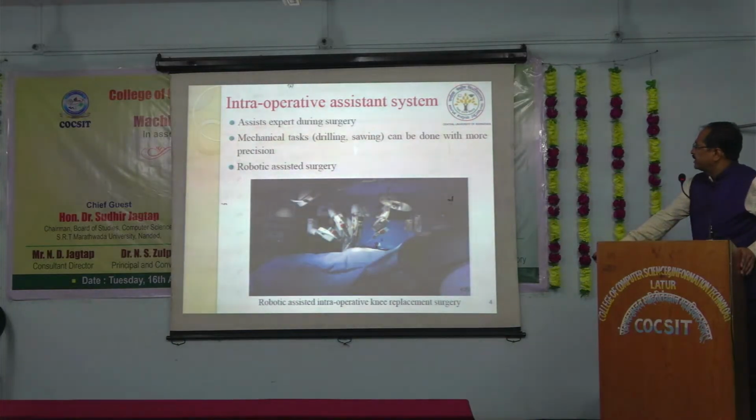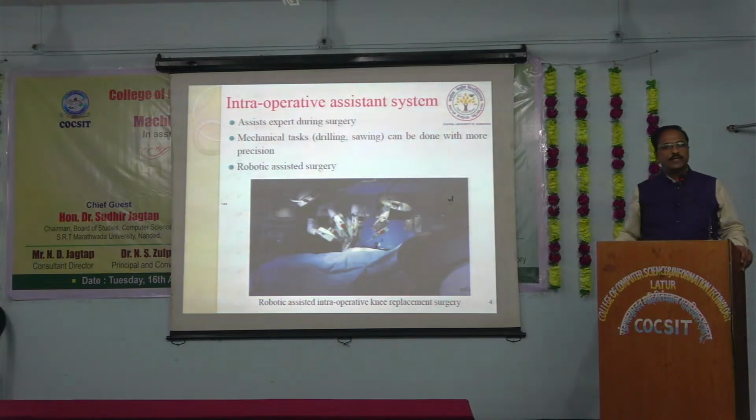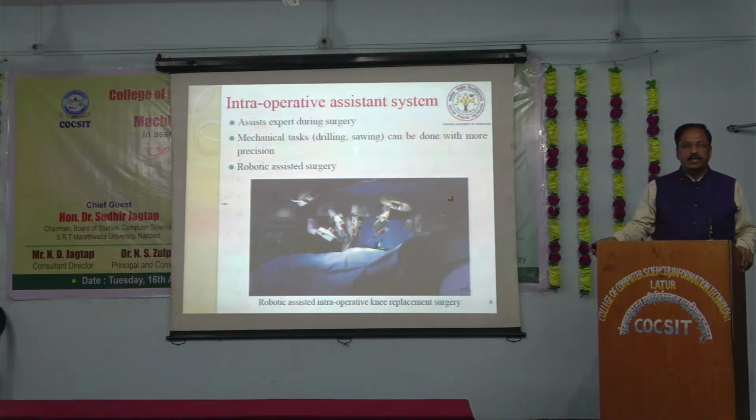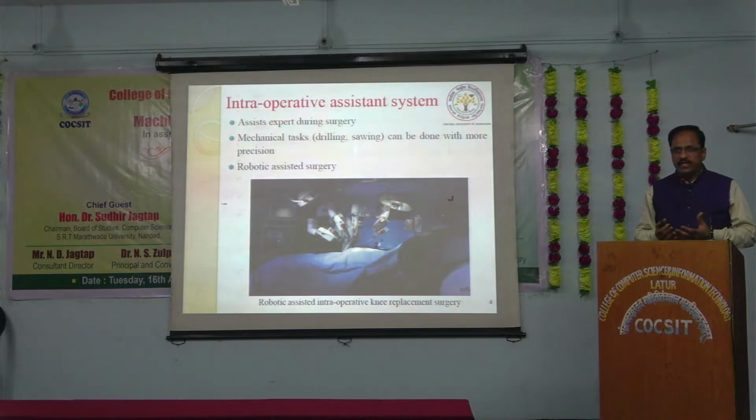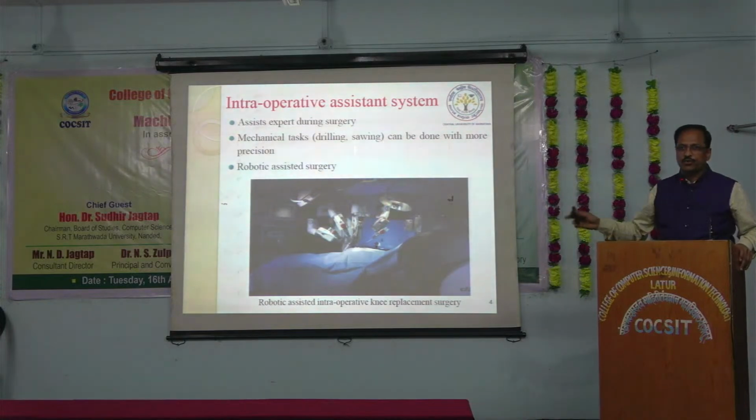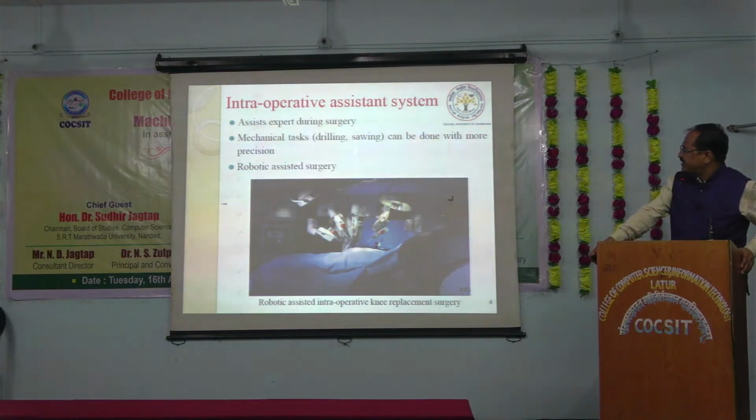So this is one intraoperative assistant system. Already some work has been done by people in different parts of the world. You can see here one robotic surgical system. In this system you can find the robot is doing operations, but doctors are assisting the robots. Doctors are doing the surgery sitting at different places and the robot will act. Whenever they make any movement, this robot will work on that. This is called an